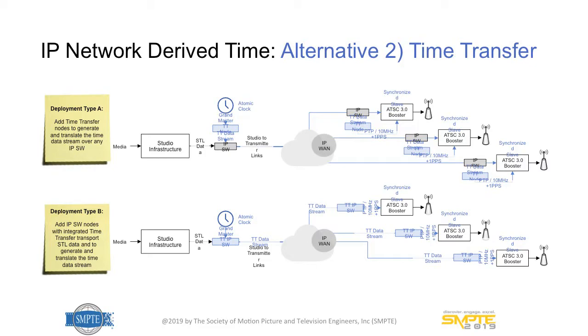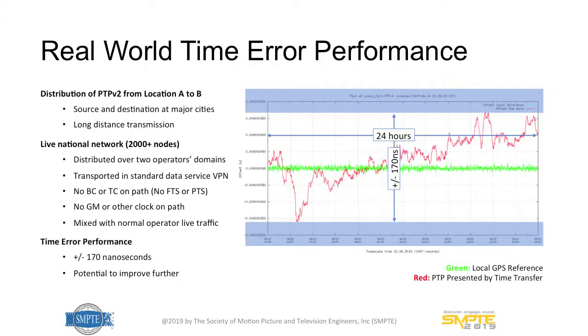Now, there are 2 ways to do this. The first one, you can use our boxes to build an overlay network to help you with the timing, and you use the existing data path for the STL itself. But the alternative is, we come from a tradition of building transport equipment, so you could actually use our boxes to also handle the STL streams directly and to be a more integrated solution. And that has benefits because you see both the timing and the transport of the signal to the transmitters. This is what we have already done in multiple countries, so this is the one I'm comfortable with.